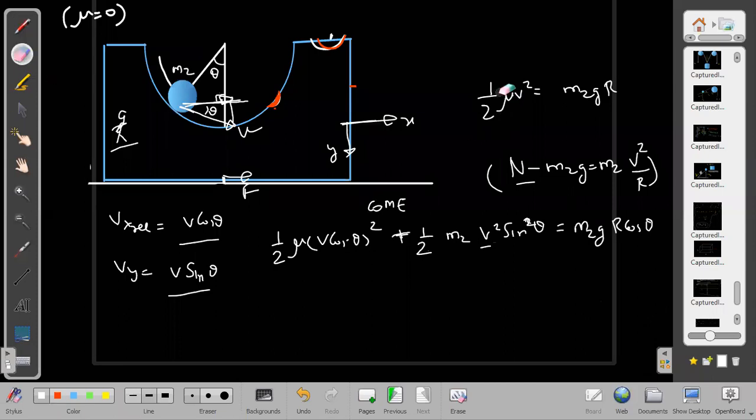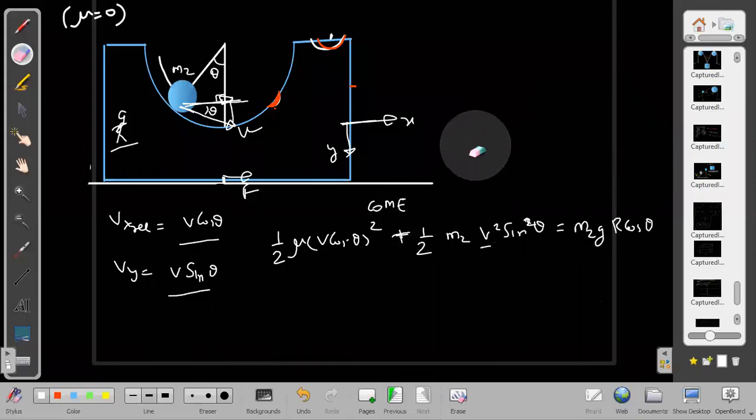Do not get confused by these equations. I had written them for a different case, which is already over now. They are not valid now; they were for the exactly vertical case. Leave those equations, that was a different question. Now N equals normal, acting towards this side, and M2 g is on this side. The component of M2 g along this side will be M2 g cos theta.